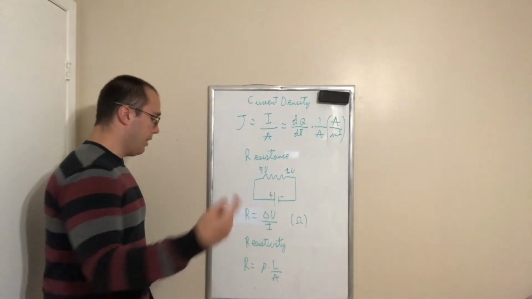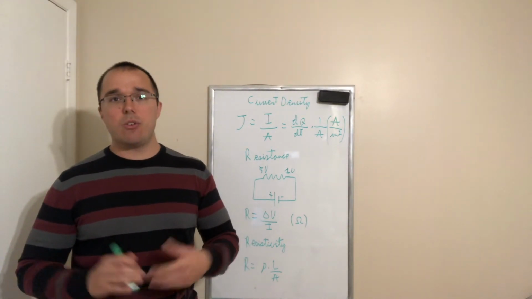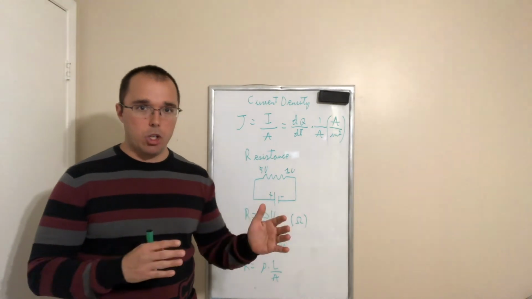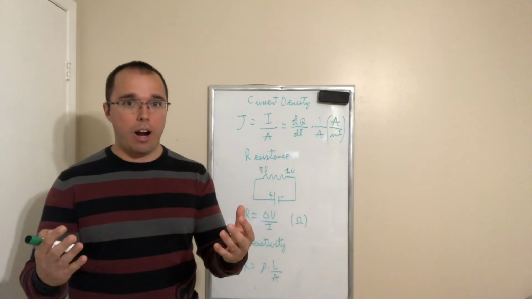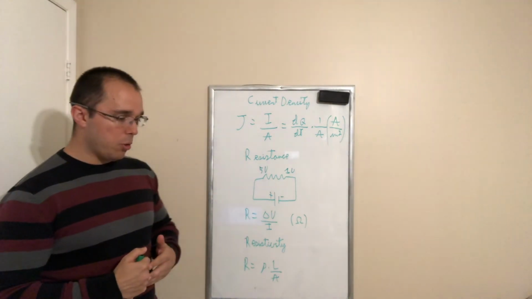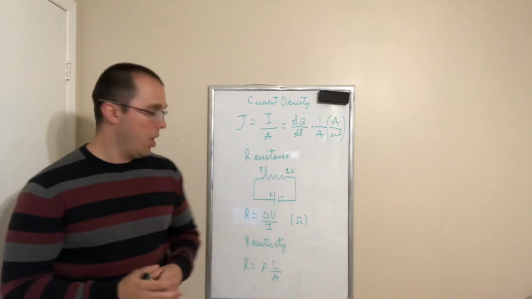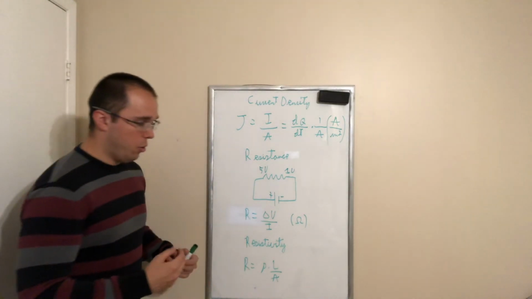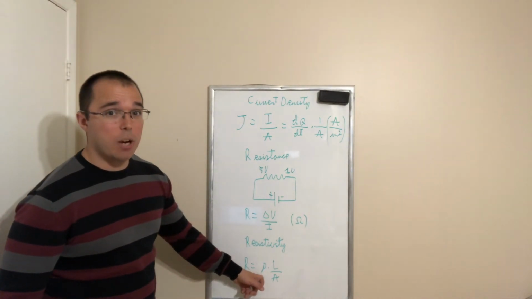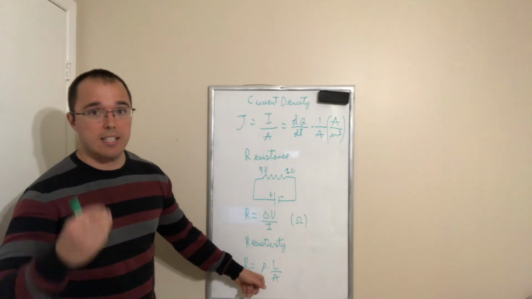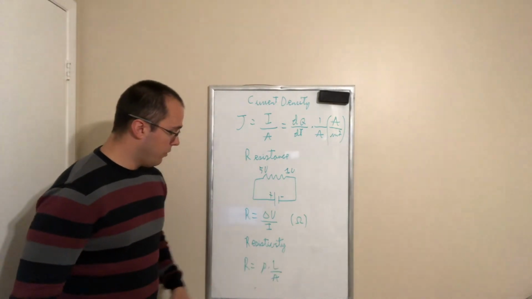All right. Last part is the resistivity. So let's say we have a copper wire. Even though copper is a very good conductor, there's still some energy loss inside the wire. And if we want to predict in advance what will be the resistance of a given wire or any piece of equipment, we can link the resistance to a value that we call the resistivity. That one is unique to each material. So copper has its own resistivity, silver, gold, and so on, multiplied by the length of the wire divided by